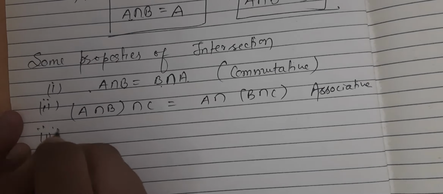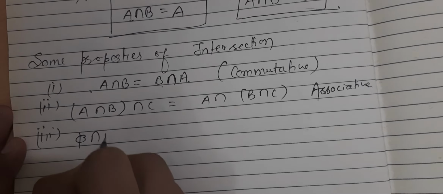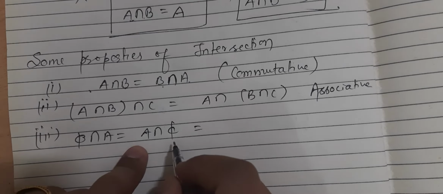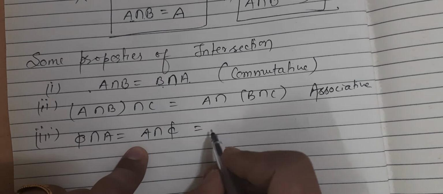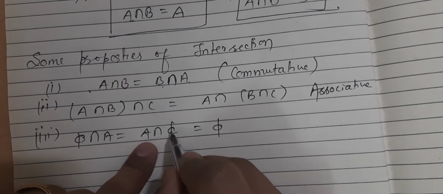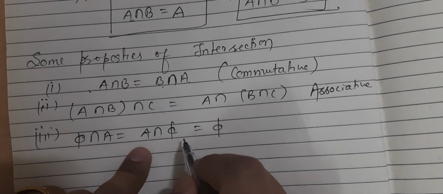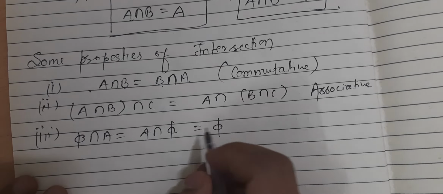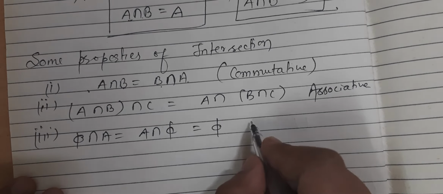Now the third property is phi intersection A or A intersection phi, meaning the common between phi and A is of course phi only. Phi means empty. So for any set and the empty set, of course the common is the empty set. So this is called the law of phi,